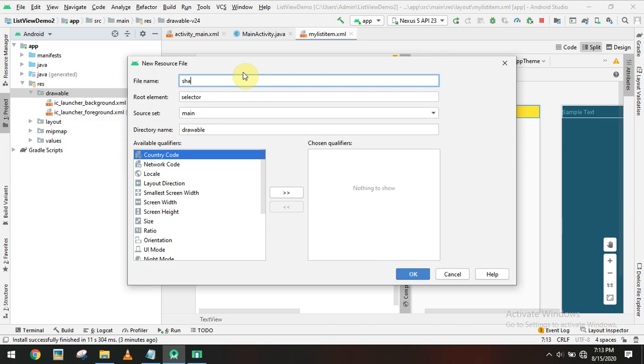For example, I want to change the shape of the list item, and the root element. There is a predefined element called shape. Using the predefined shape element, we can change the border color and background also. Click OK.